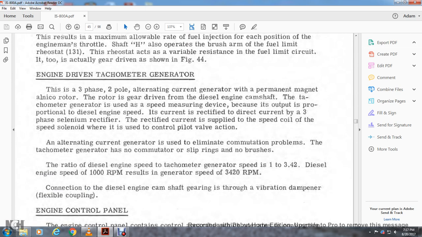Engine driven tachometer generator. This is a three-phase, two-pole alternating current generator with a permanent magnet rotor. The rotor is gear driven from the diesel engine camshaft. The tachometer generator is used as a speed measuring device because its output is proportional to diesel engine speed. The current is rectified to direct current by a three-phase rectifier. The rectified current is supplied to the speed coil of the speed solenoid, which is used to control the pilot